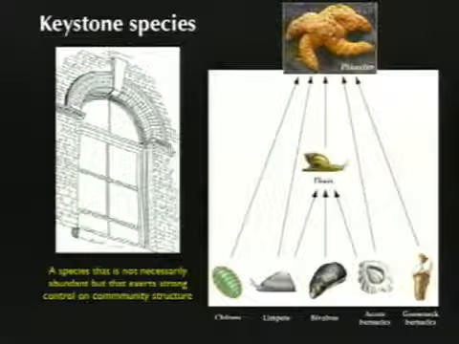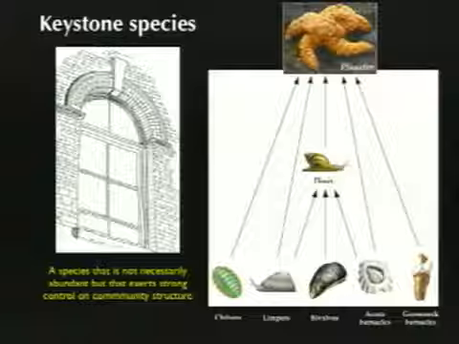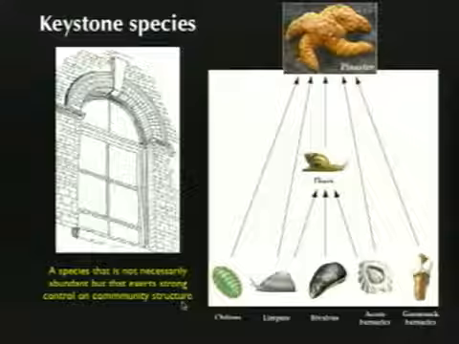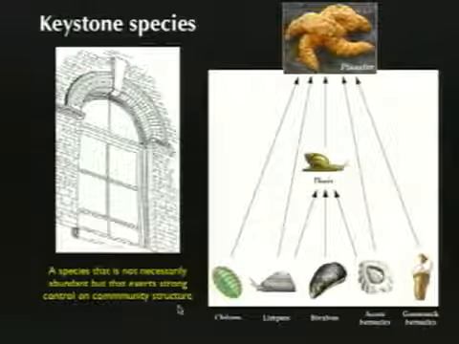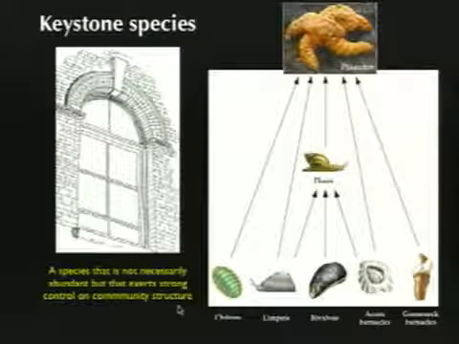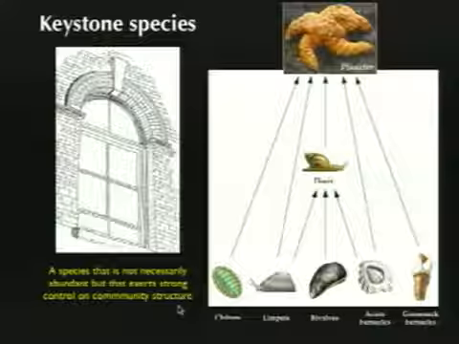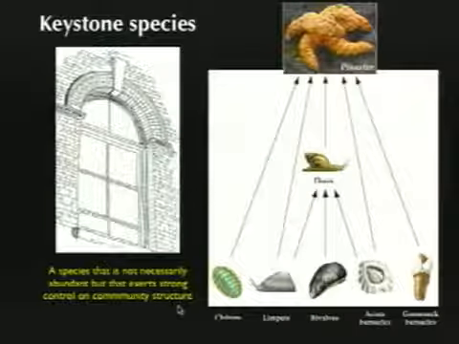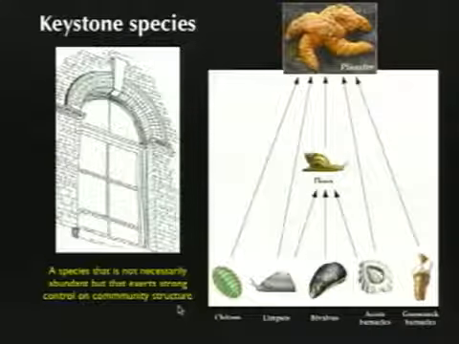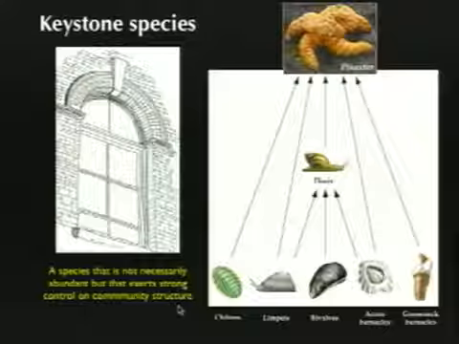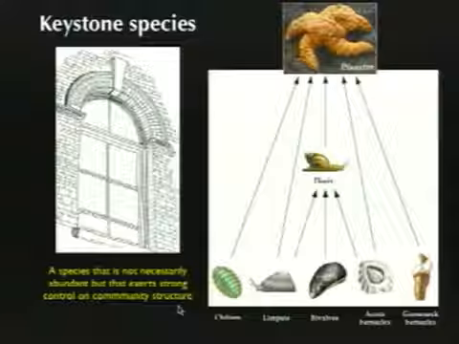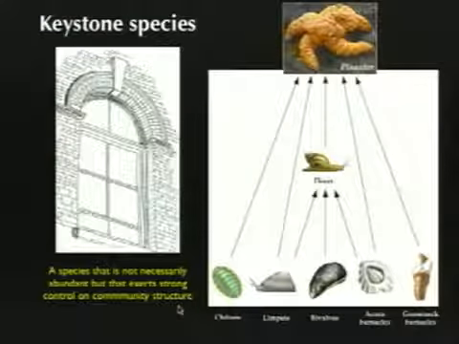You'll see why I emphasize that now, I think, when I talk about keystone species. A keystone species is a species that is not necessarily abundant, but it exerts a very strong control on community structure. So the dominant species is one that is numerically abundant, it has a big effect on the community just because it occupies so much biomass and space. But if you remove it, it doesn't reorganize the system in a radical way necessarily. A keystone species will reorganize a system in a radical way if you remove it. And what's so interesting is it's not numerically abundant.